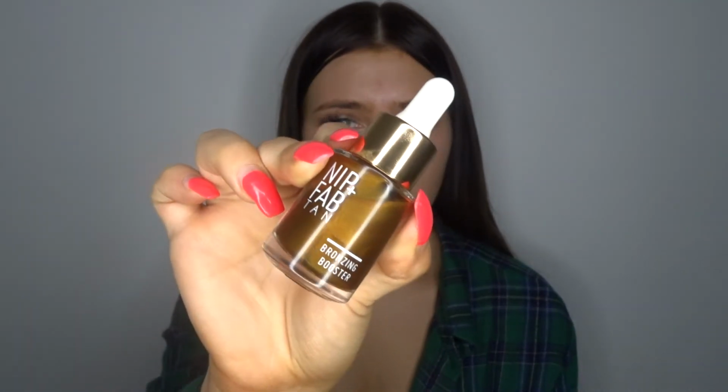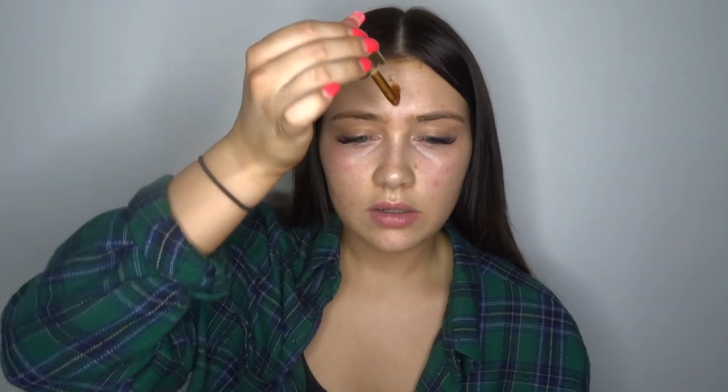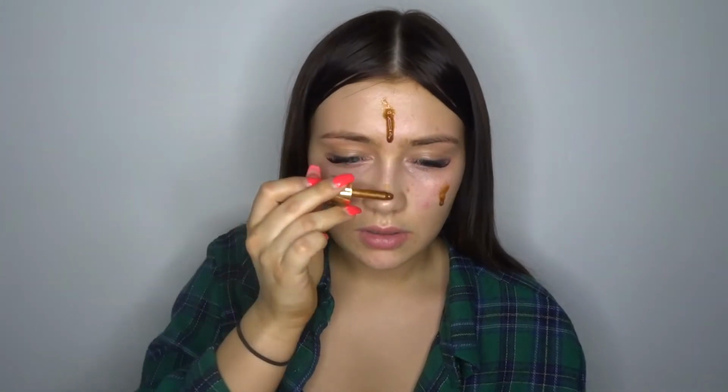Okay, so after I apply my strobe cream, I go in with the Nip and Fab Tan Bronzing Booster, which just looks like that. I just squirt a little bit on my forehead and then my cheeks, and then a tiny bit down my nose and my chin. I basically do this step because I always wear fake tan, and